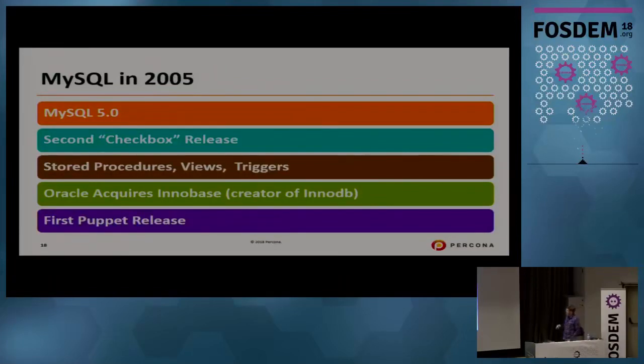Now, the thing which I think was very impactful for MySQL outside of the release community, we got the Puppet release. And Puppet was the first of a new generation of automation frameworks. Think Puppet, Chef, Ansible, which really started to ingrain in people a new way of thinking. You should not be manually managing your databases, because that doesn't scale. You should puppetize everything, or automate it with Chef and so on and so forth. That wasn't quite commonplace in 2005, but that was the start of the practices.